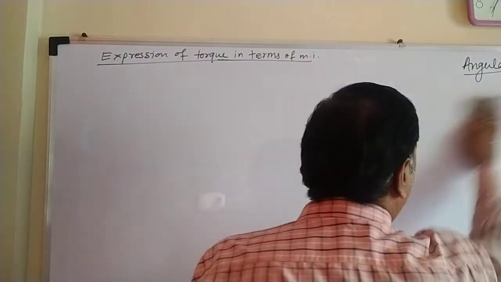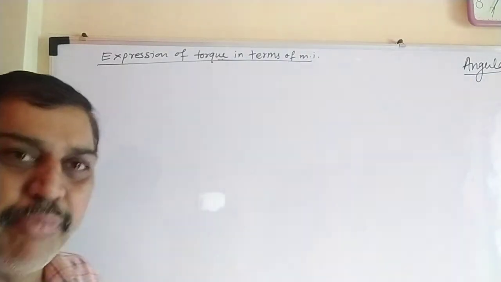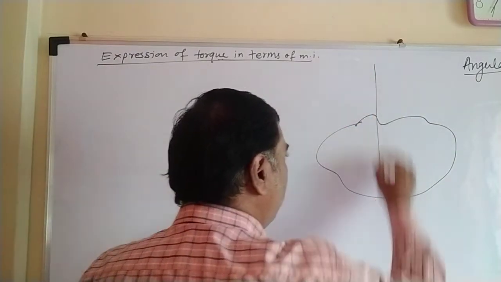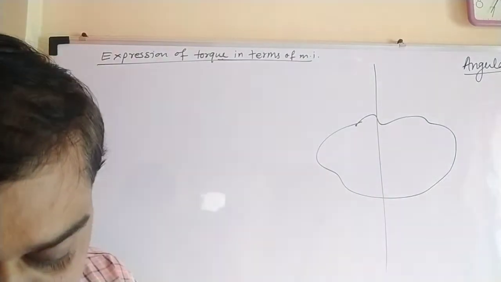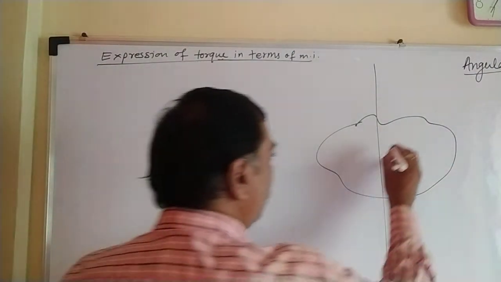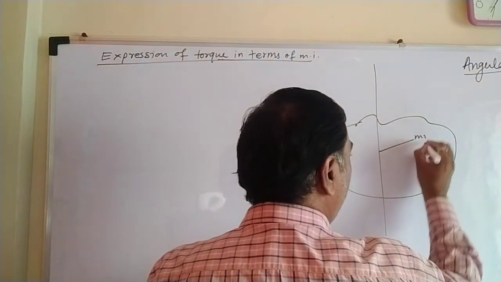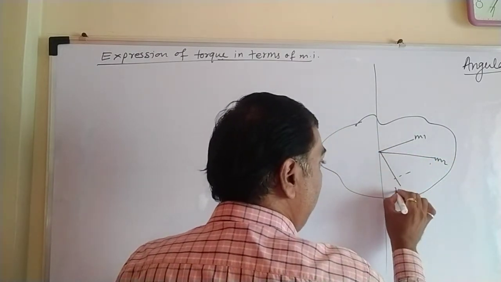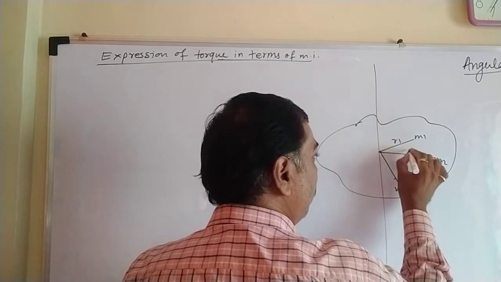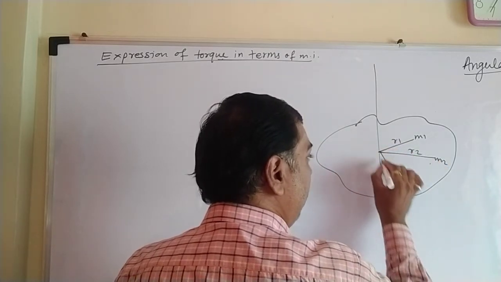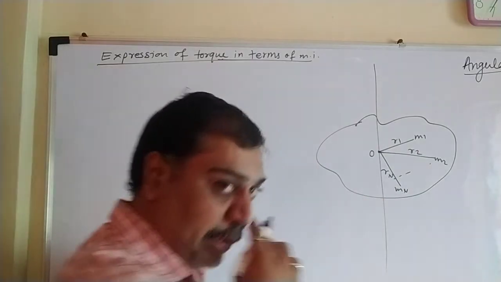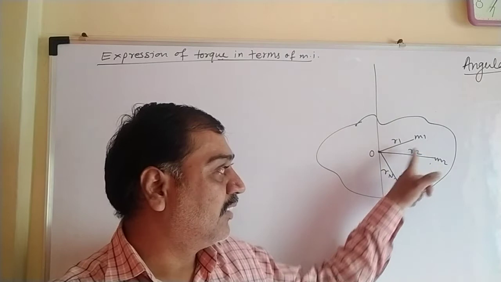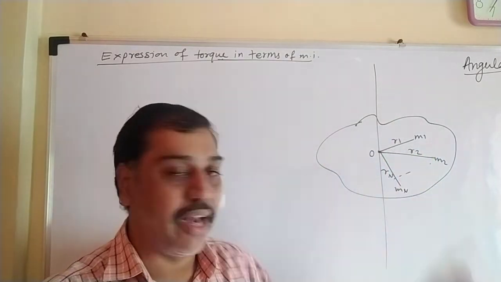So let us draw the new diagram. Same type of diagram, it is little bit modifications are there. So let us draw the diagram. So suppose this is a rigid body. This is the axis, okay? Again, it consists of n number of particles. So write down the first one here, M1, here it is M2, so on up to here it is Mn. Particles kept at distance of R1, R2, Rn from the point O where the perpendicular axis touches the body, and distances from masses M1, M2, Mn are R1, R2, Rn.